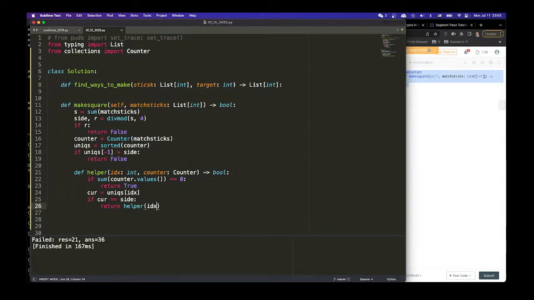Oh, hold on. If current is equal to side, and counter current, we say counter current minus equal 1,